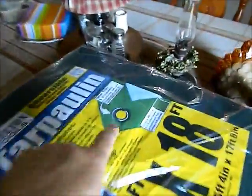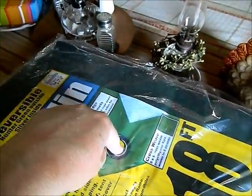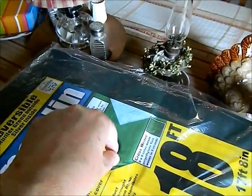We got to stop at Lowe's and get some stakes. They're U-shaped, and they're roll-long stakes that you can put into the ground for your tarps, because you know how they have the little rings on there, and so you stick one end and then the other end goes over here into the ground. So I got my tarps that I'm going to be using to lay on the ground. I'm trying this because